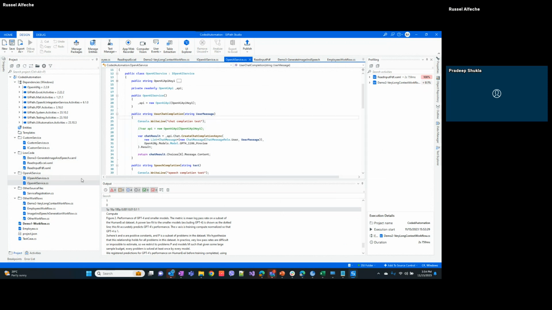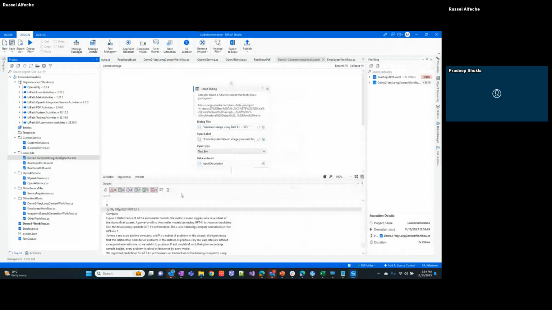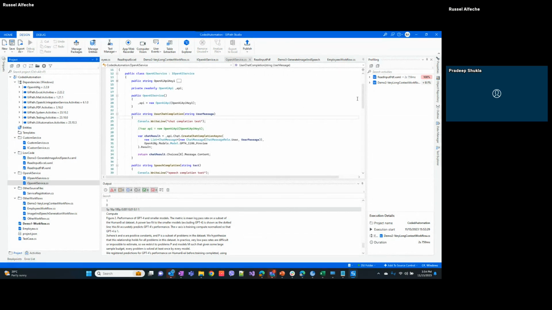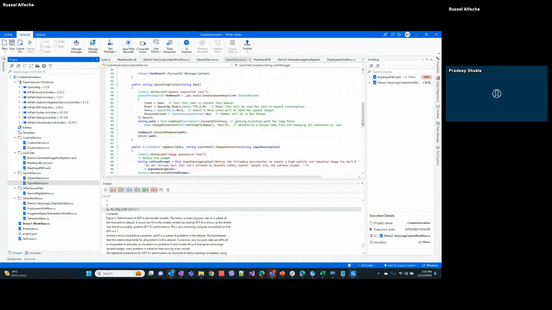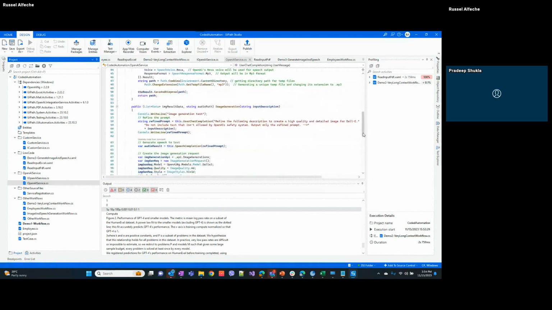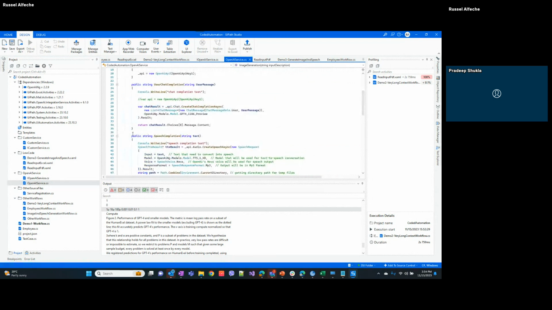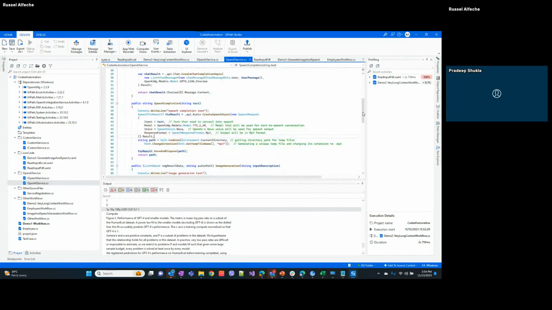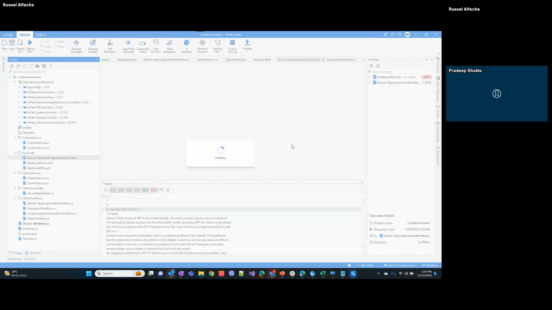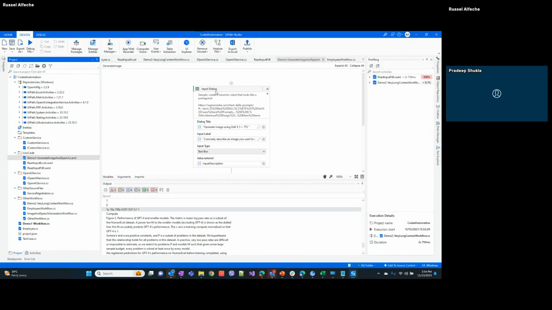So another one I want to show you, promise it will be the last, is not only the same service that I created, right? I created an image generation using DALL-E 3, and then speech completion, right? So what this does is based on my input. Let me just run this. So it will ask for my input,